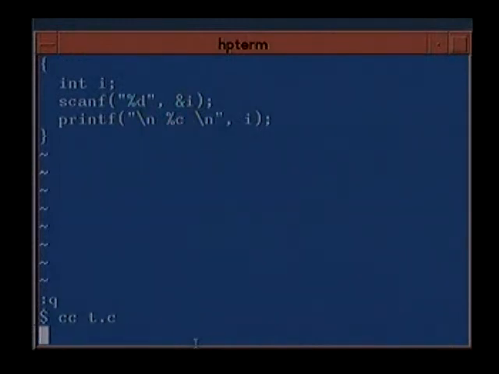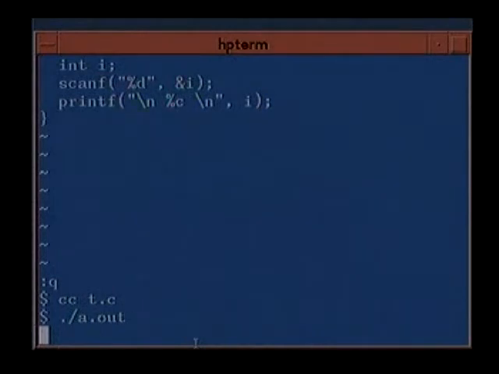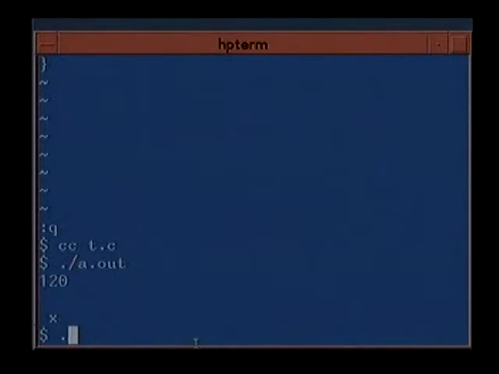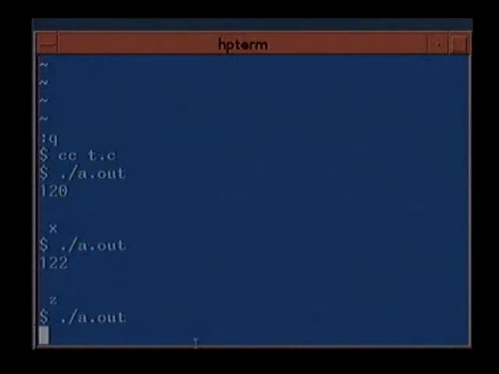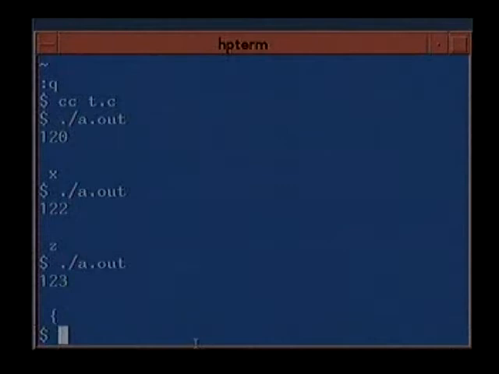Suppose we want 120, that's x. Suppose we want 122, that's z. We want to go somewhere beyond that, say 123, it's this bracket open, and you can find out the ASCII values of various elements.